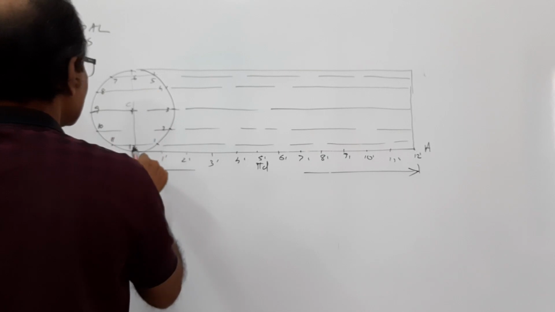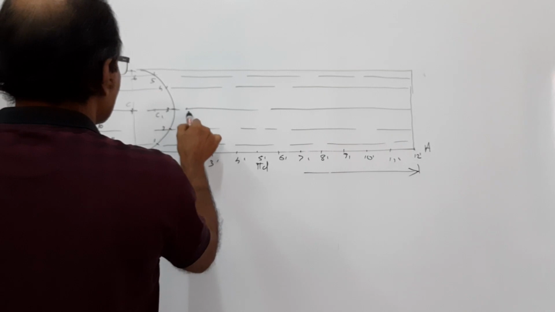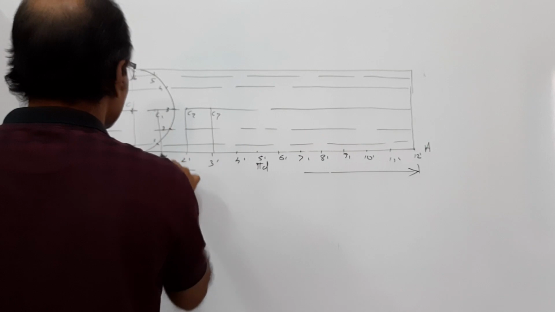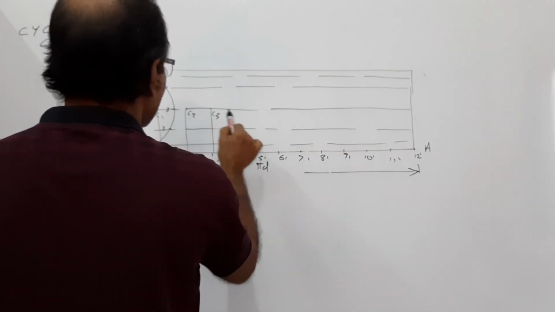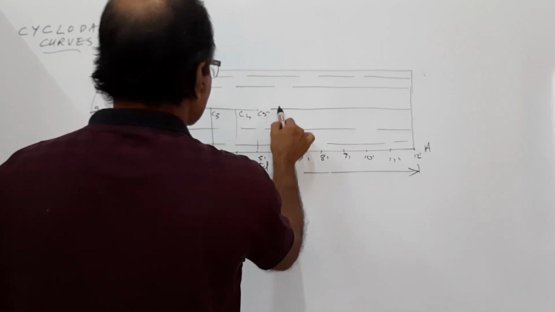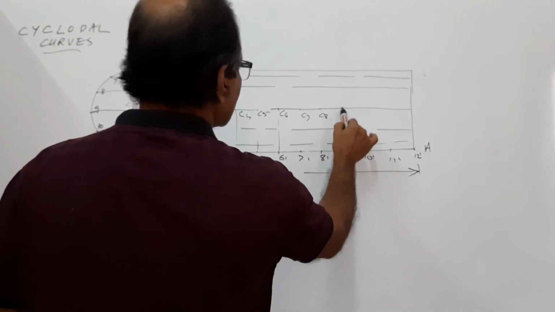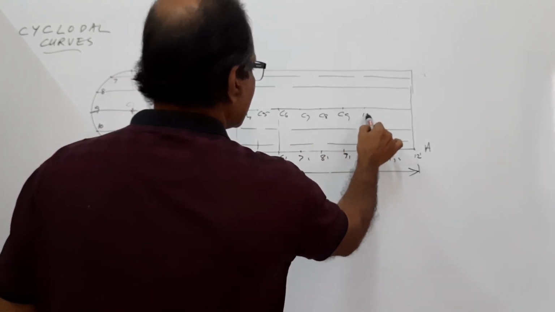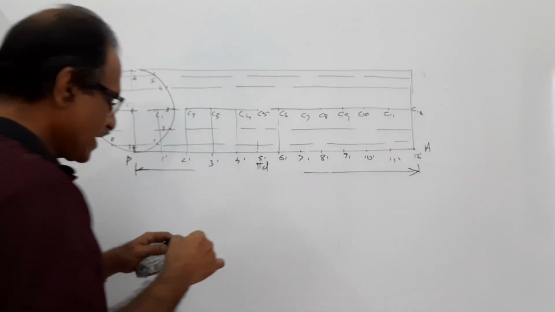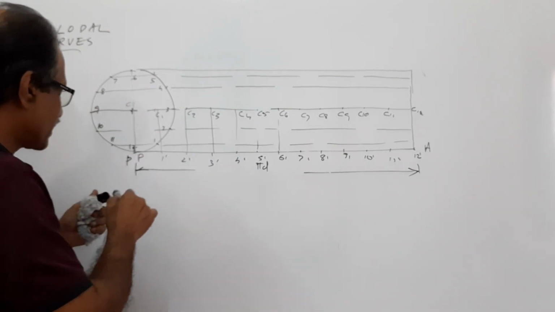So, where is the path of C when 1 comes to 1 dash? C will come to C1, C2, C3. They come right above this point. C3, C4, C5, C6, C7, C8, C9, C10, C11 and C12. Agreed? Now, if P is the tracing point or P is the path,